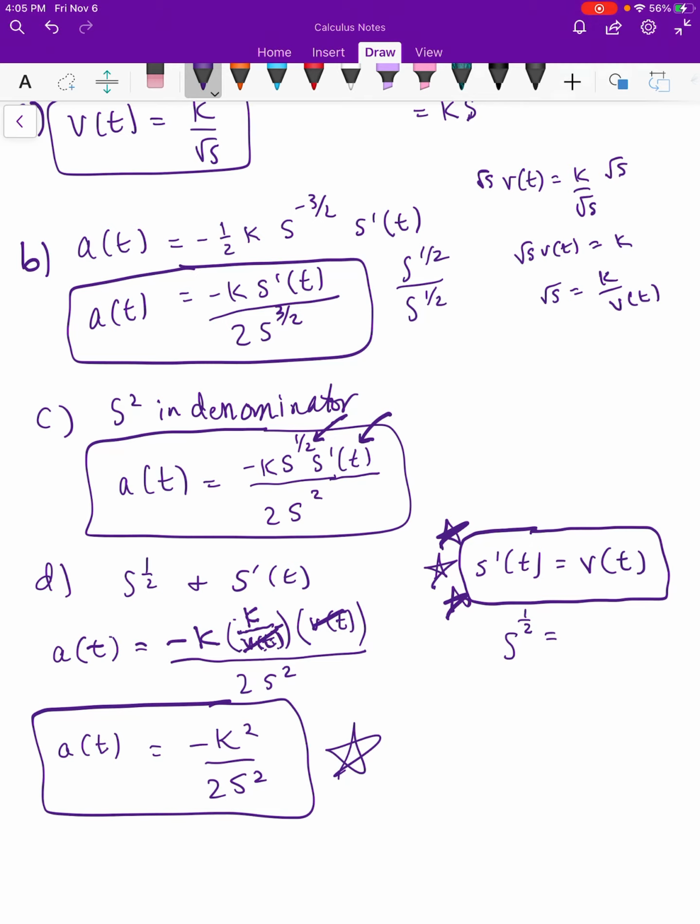Okay? So anyway, I just wanted to tell you that you actually can do this problem. It's not implicit differentiation. All right,